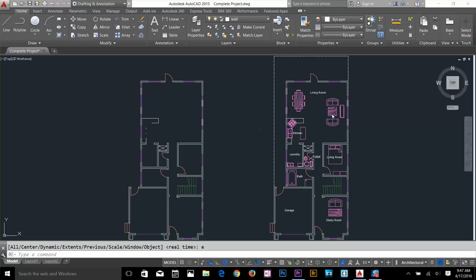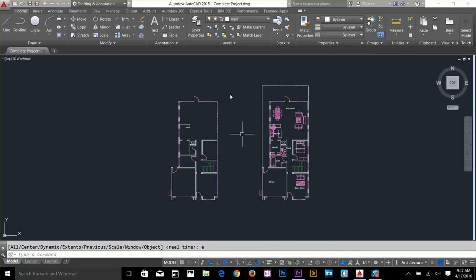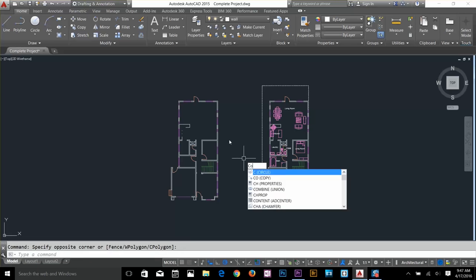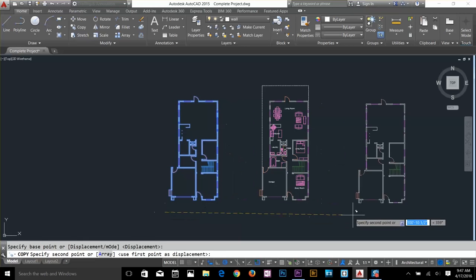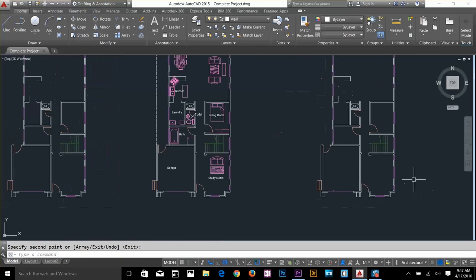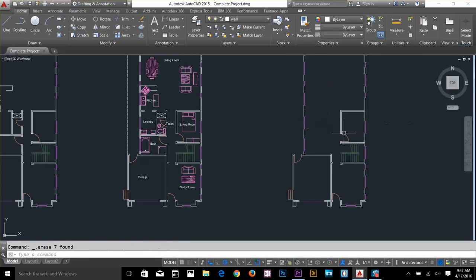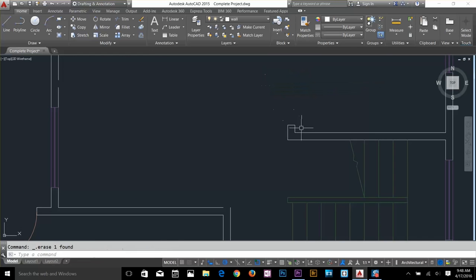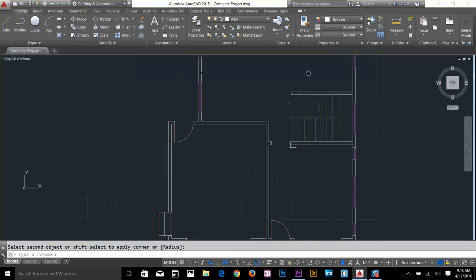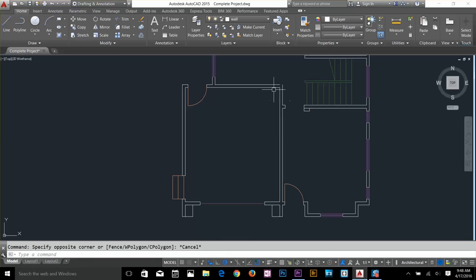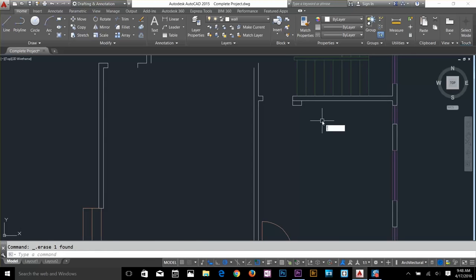Alright guys, I've got my ground floor done, and I've got a backup copy here. So what I'm going to do, I'm going to make a copy of my ground floor, and I'm just gonna clean up a little bit and make it ready for my first floor work. So you gotta get rid of all of these lines first, get rid of this room as well, except the stairs, because stairs is going to be the same. And just grab the line and then use your fillet command. Alright, and that room would be gone actually, so I'm going to delete this line, get rid of this door, and I'm going to extend